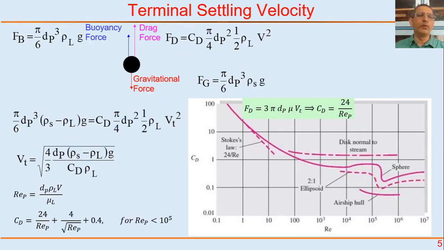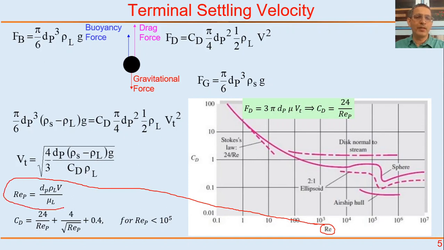Okay, so this is what we are doing. How is the CD versus Re relationship looking? This is the graph from the previous lecture. This is for a spherical particle. At low Reynolds number, how are we going to define Reynolds number? We are going to define Reynolds number for the particle. It is dp, the particle diameter, multiplied by velocity,